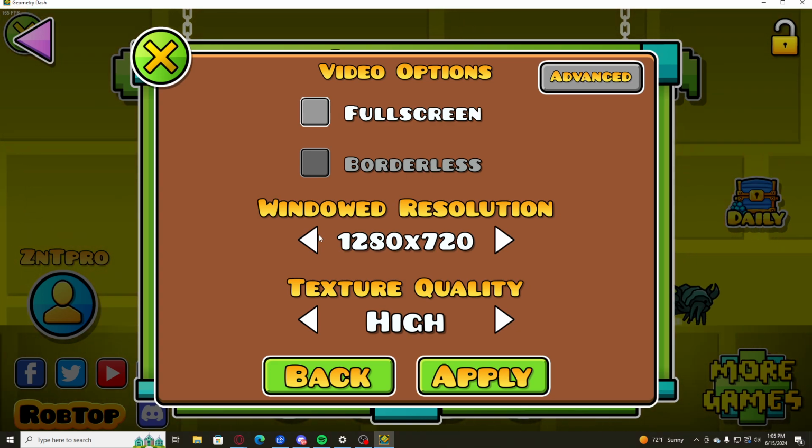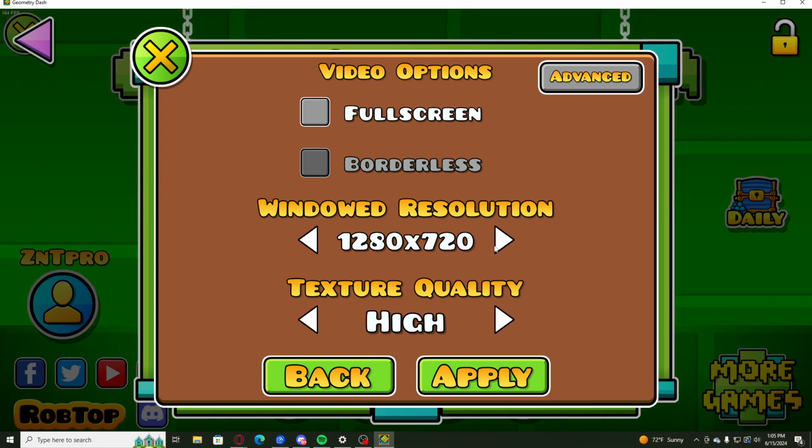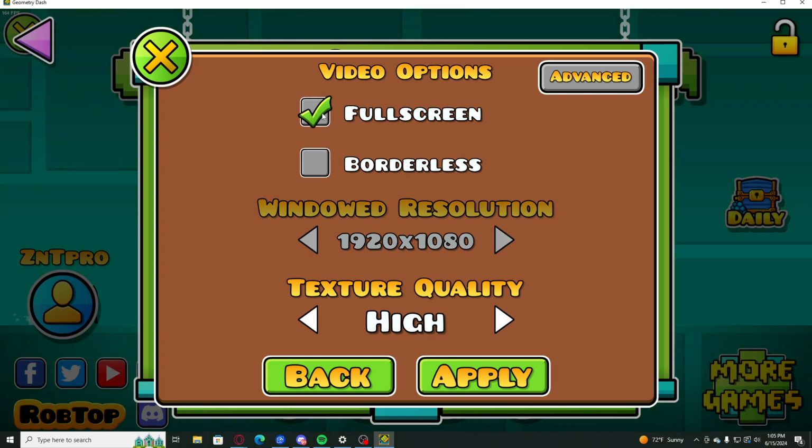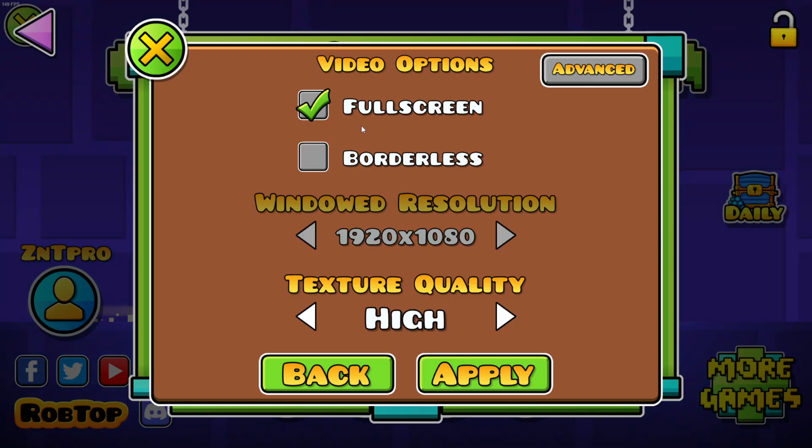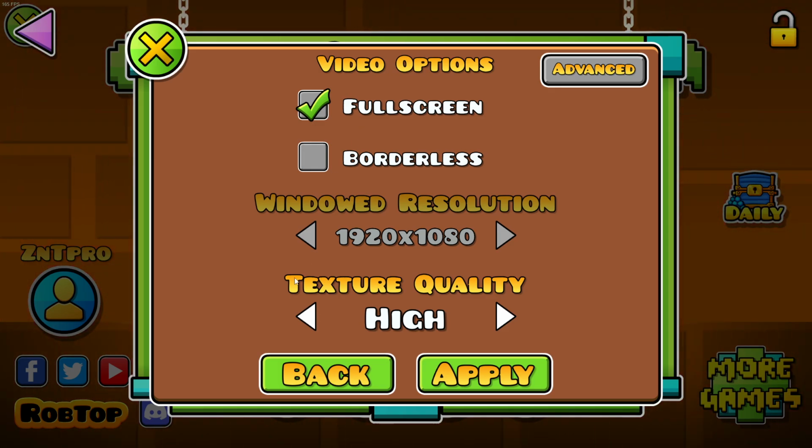And by the way, this is in the graphics settings in the GD game. I could drop it down to 720 if you want, but I'm just gonna change it back to 1080p and full screen it again. But if you want it to be in full screen, there's other ways to help your FPS even in full screen. But if none of those work, try and revert back to not doing full screen, because that's like the big one. The very first thing you could do is